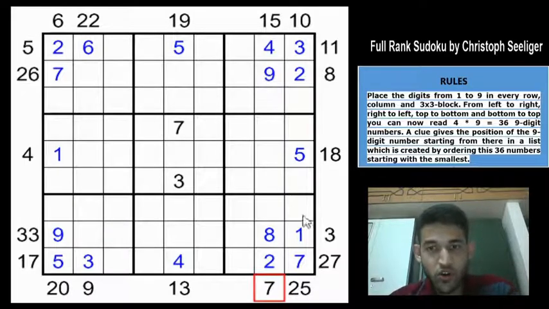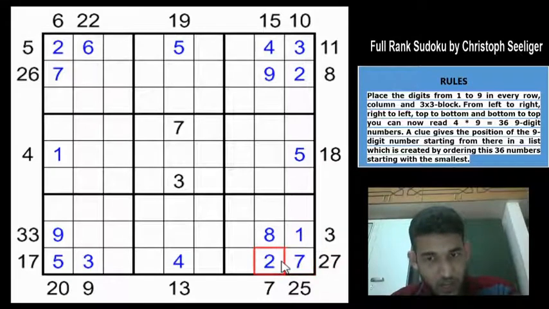Okay, so we have got some digits going now. Let us look at these 25, 26, 27 clues because they are very close and they also have 2 digits like I stated. So 25 is having a 7 and a 1. 27 is also having a 7 and 2. So 26 will have either 1 or 2.